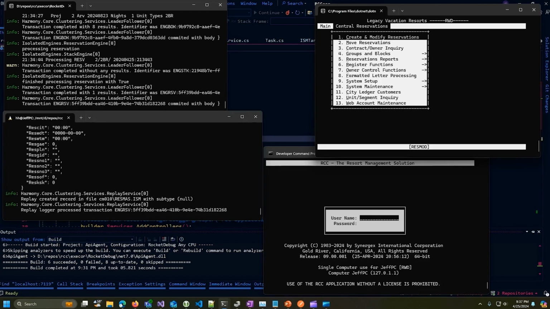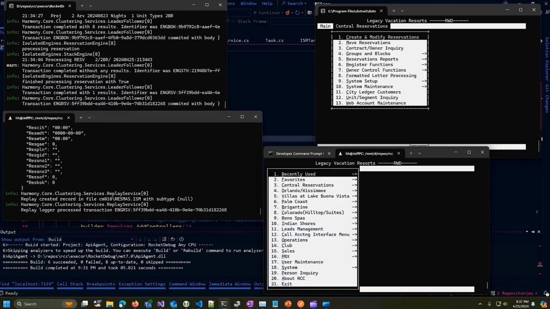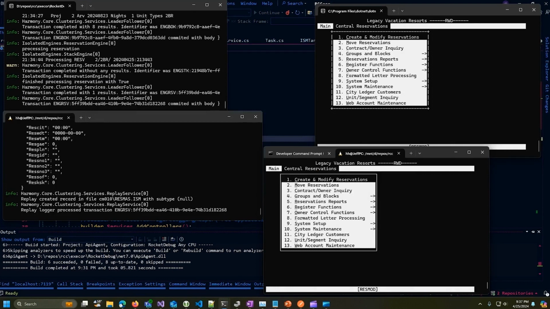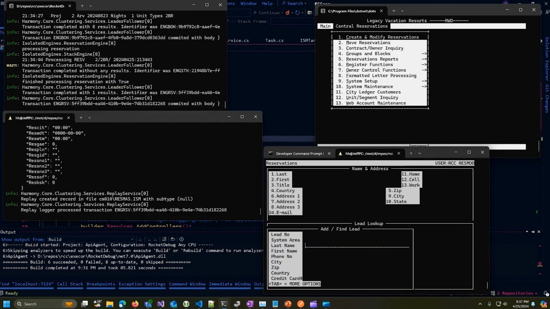So in one window, I have it running in Windows in a terminal, and down here, I have it about to log in a Linux terminal. Do my login, super secret password. Gonna go in now, and we're gonna create a new reservation.